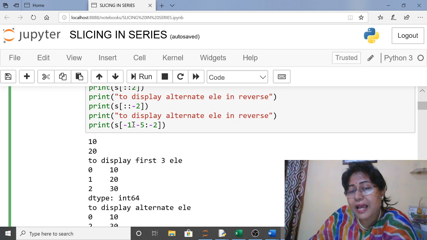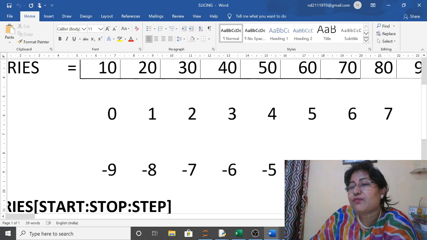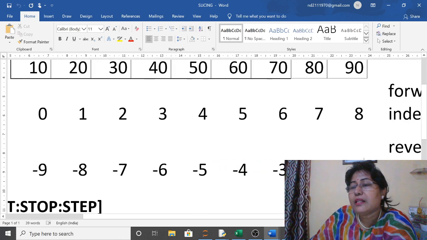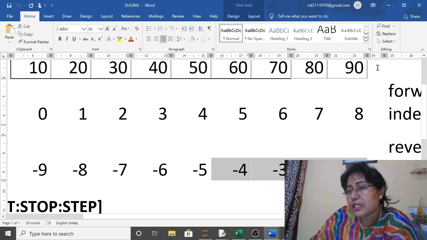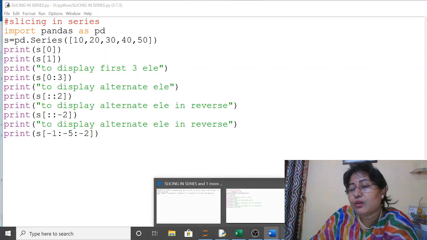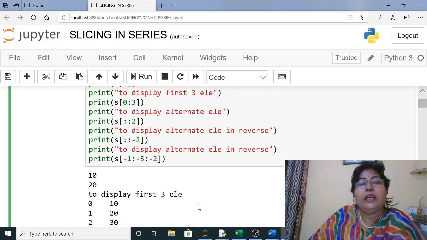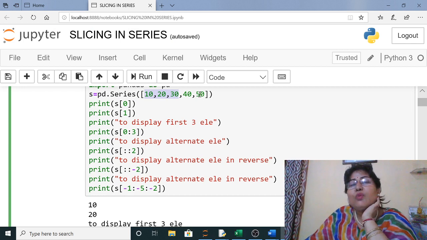Then the next one is -1 to -5, and step value is -2. Now you see here how it is functioning. -1 to -5 means it has to stop one before that. So it has to print these values. Suppose in this question you are having 10, 20, 30, 40, 50, and you have written -1, which means the last value.